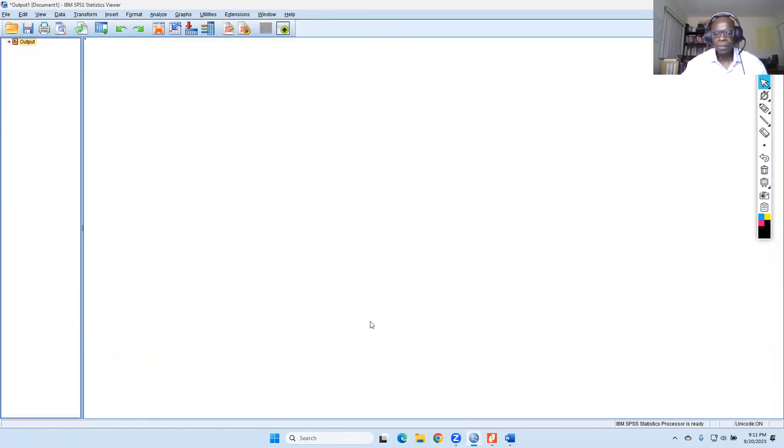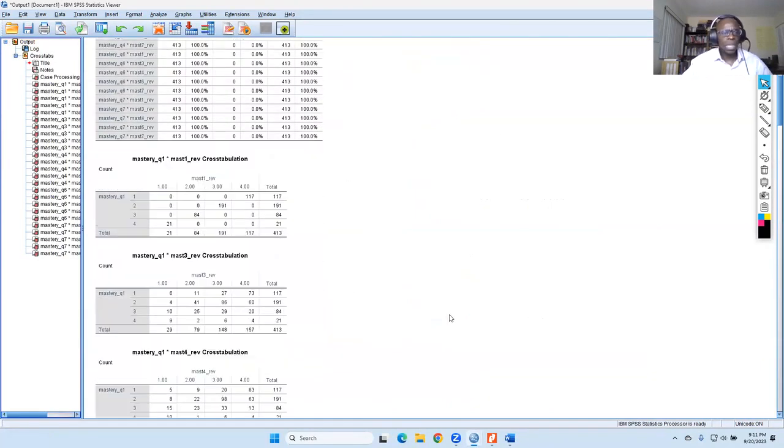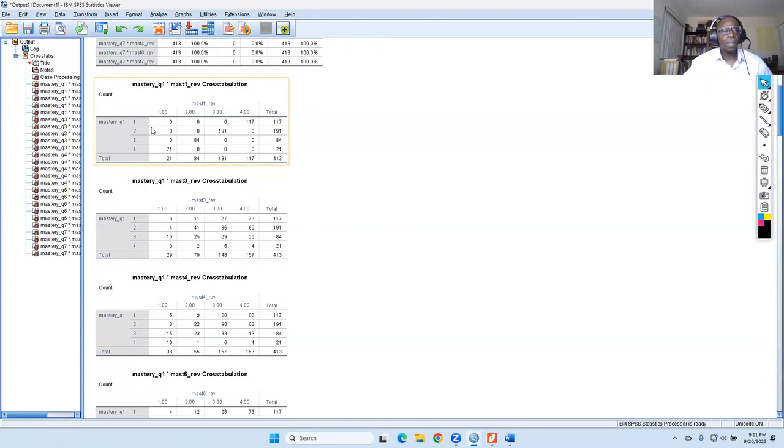Let's get a blank slate. All right, so we got 1 equals 4, 2 equals 3, 3 equals 2, and 4 equals 1. Oh, we have to do them one at a time. What it did is it actually ran all of them.